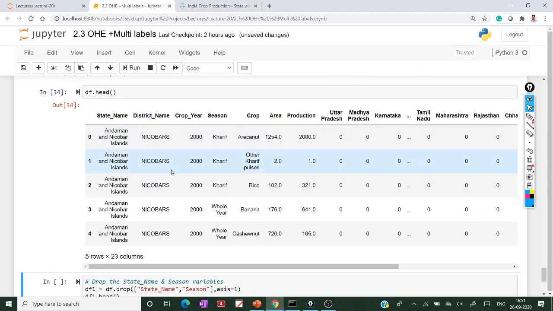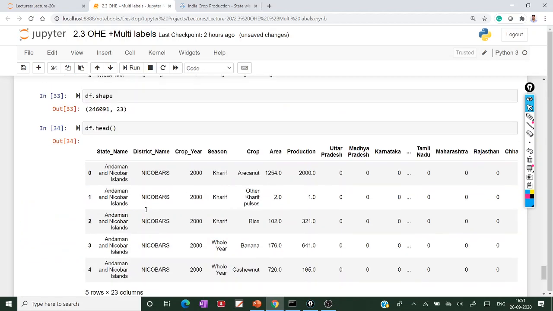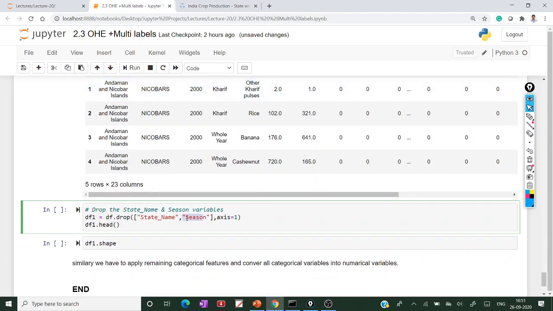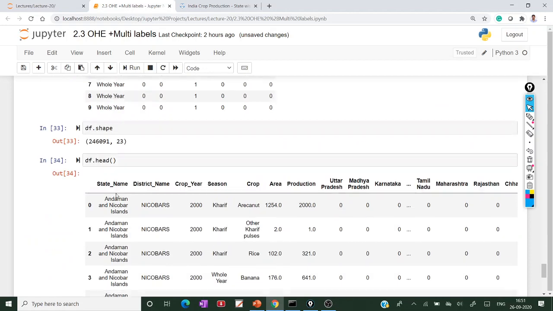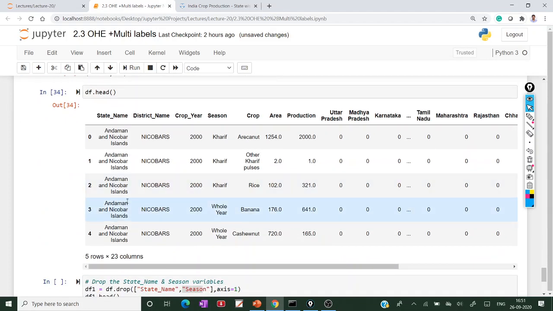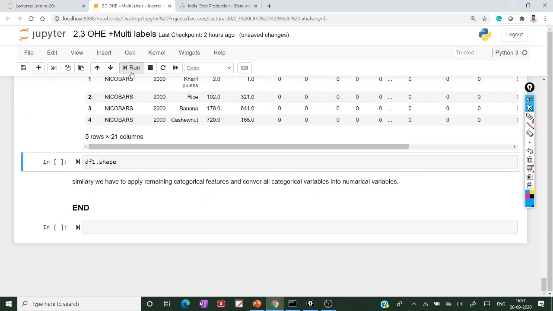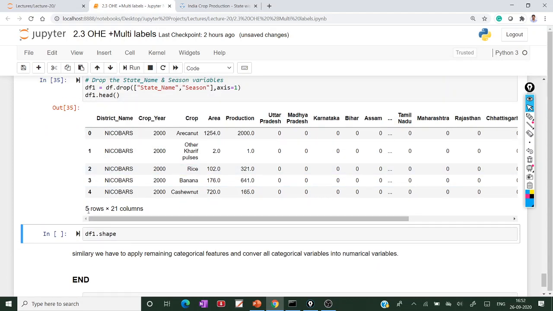From this data frame you can drop the state name and season. Why? Because instead of the state name you got the 10 dummy variables, and instead of the season you got 6 dummy variables. That's why there is no need for these two features, you can drop them. Now your data shape is 21 columns.